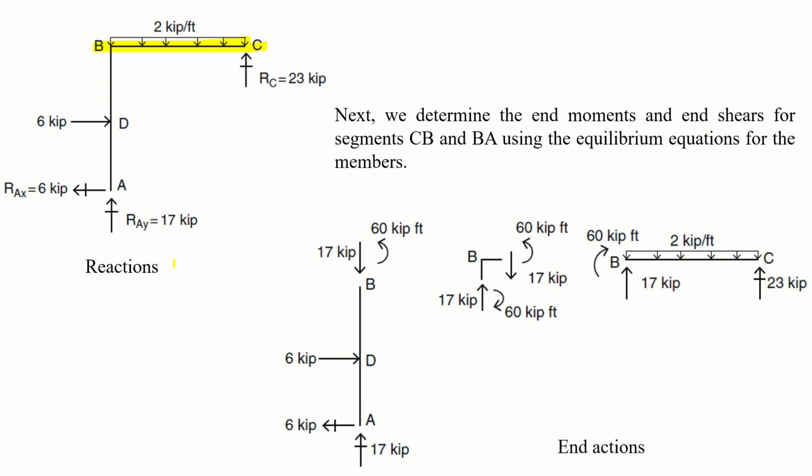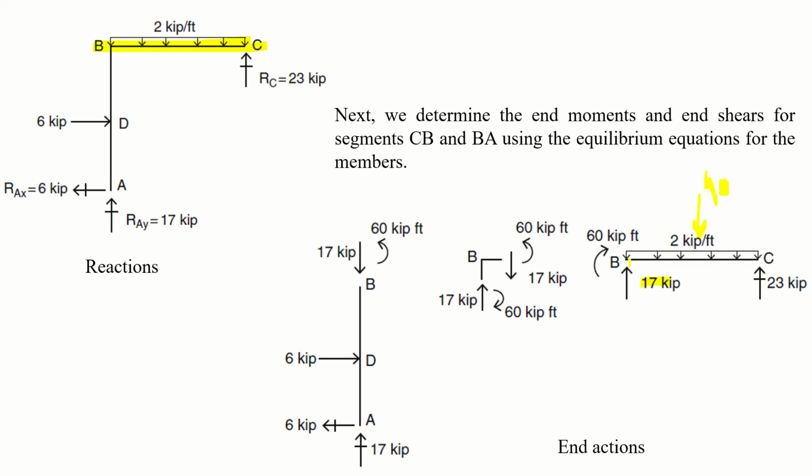Okay, so starting with the BC, keep this in mind that there is a reaction. 23 kips of RC is applied here, and a 2 kip per feet load is applied for a distance of 20 feet. So using summation of Fy, how much force is acting downward? 2 into 20, 40 is acting downward, right? And 23 is acting upward. So how much is left? 17, which should be acting at joint B. So joint B is resisting 17 kips in the upward direction, right?